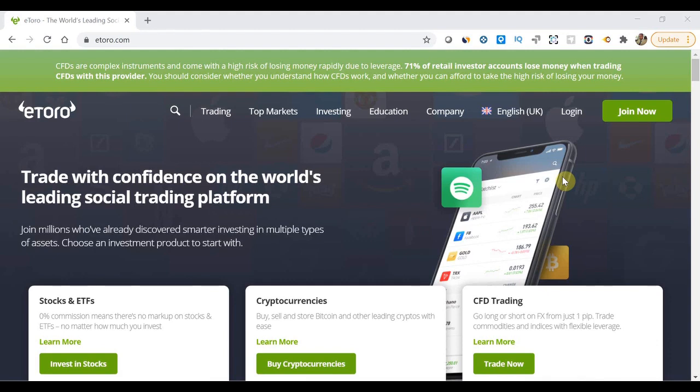So eToro is another broker platform like an Oanda, an IG Index, and MyFX Markets. And the way that they differentiate themselves from other brokers is that they offer a service where you can copy other traders that utilize the platform. So with a few clicks, you can invest $200 or $1 million into one or as many traders as you want and copy their trades. And you can see all their stats from their return, their risk rating, what they're investing in, all that kind